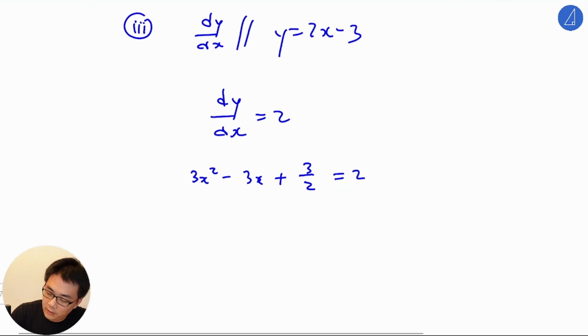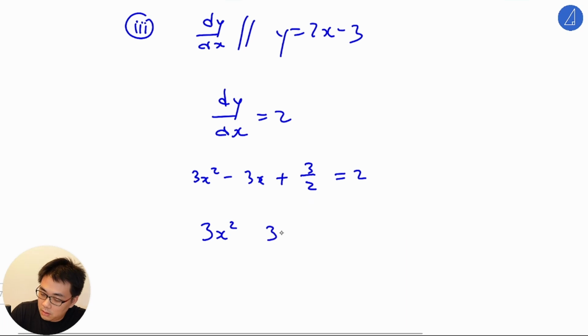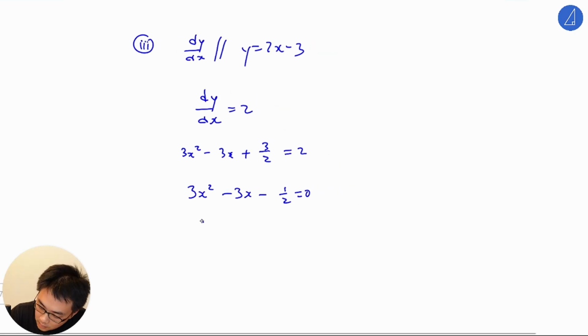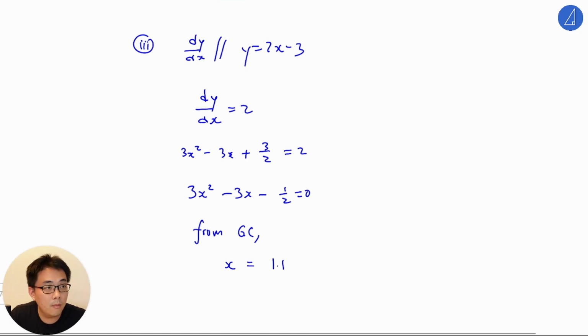Just give them, don't waste time. Then from GC, the x coordinates are